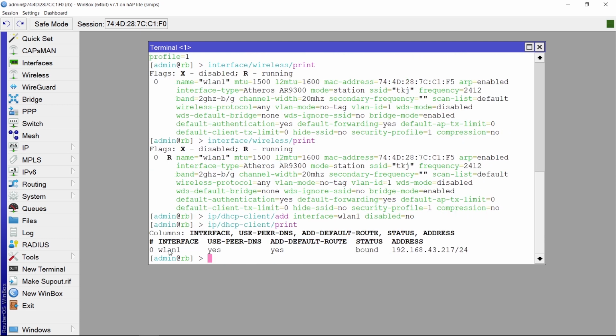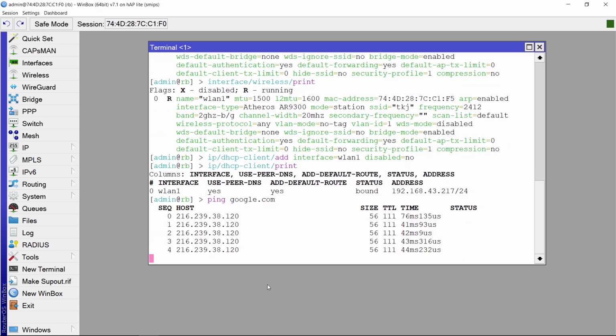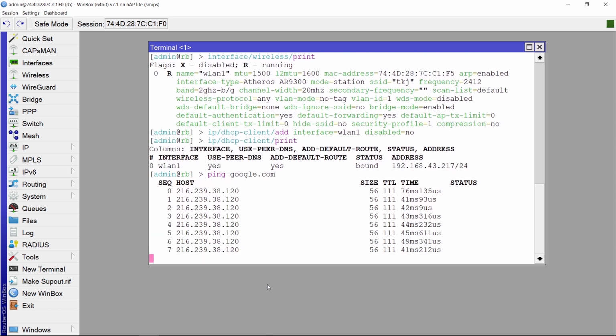Here the router get IP 192.168.43.217/24 in interface wlan1, and the status is bound. After that, check if the router is connected to the internet with the ping to google.com. Here the router connect to internet.